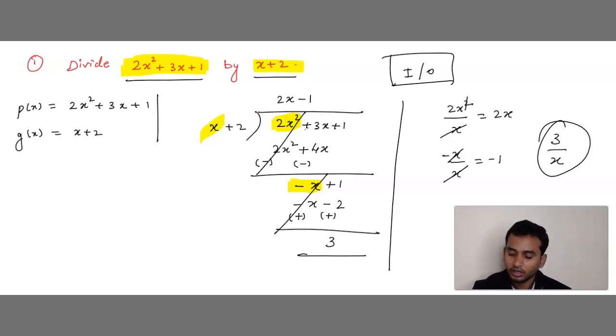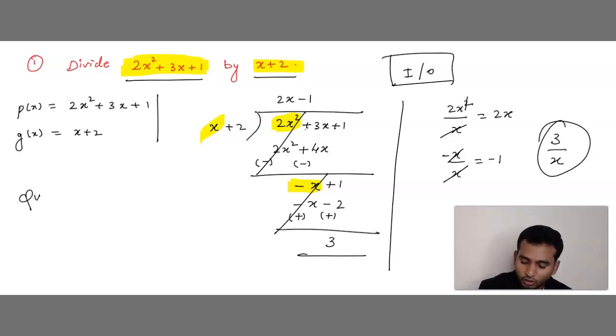Simple. Okay. Now this is center value. That is A. And this is B. And this is Q. And this is A, and this is B, and this is our R. Correct now? Yeah. Now here what we should do is we have to write quotient and remainder. Sometimes they will ask you a question like this, divide P of x by Q of x. If not, they may ask you to find the quotient and remainder, and they will give you these expressions. When we divide 2x square plus 3x plus 1 by x plus 2, then find the quotient and remainder.